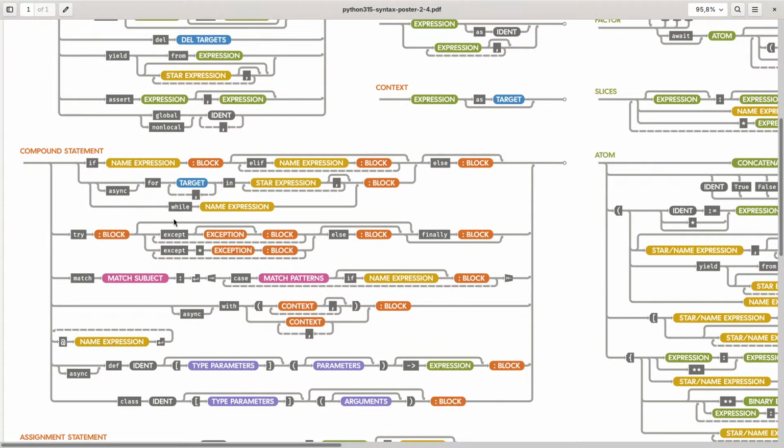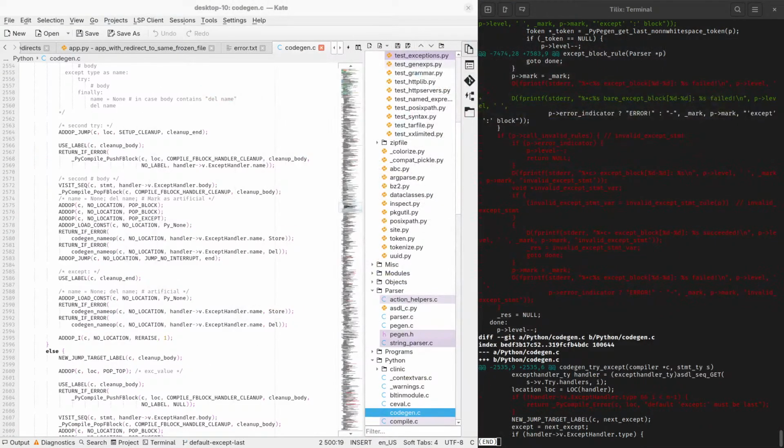So you want to change the grammar for the try statement, where if you have an except without the exception specification, a bare except or except colon, that needs to be last. I remember now. So in order to do that, we removed this if from the code gen,